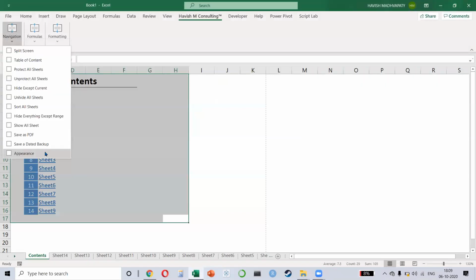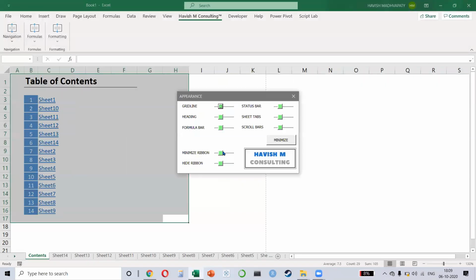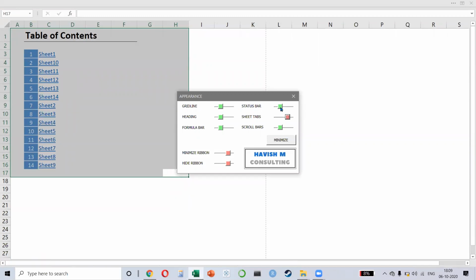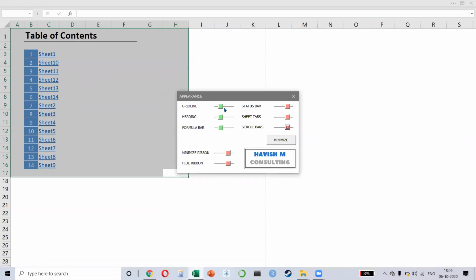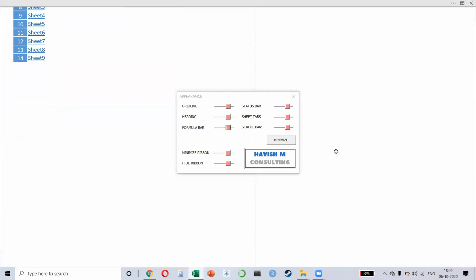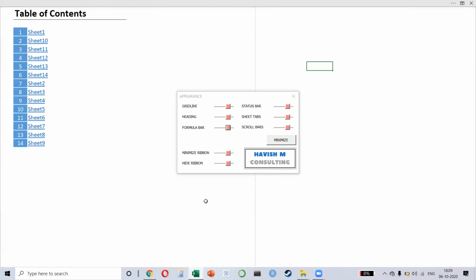I also have something called appearance. So I can just control the way my Excel file appears. I can hide the ribbon, I can hide my sheet tabs, I can hide my status bar, scroll bar, grid line, heading, and formula bar. Basically, now my Excel file is going to look like a PowerPoint slide, doesn't it? See, there's nothing. There is no sheet, there is no scroll bar, there is no grid line, there is no ribbon.